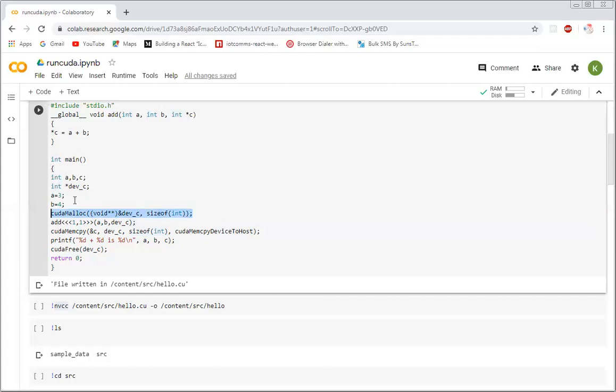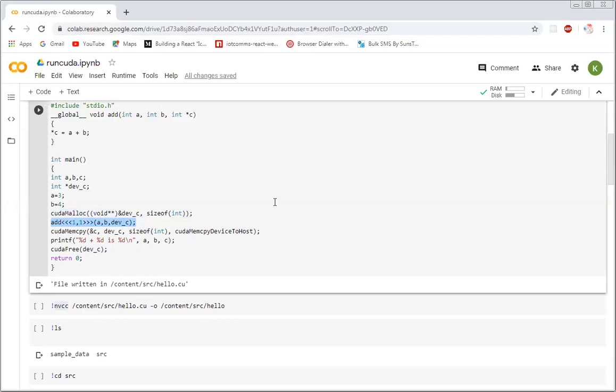So what you have done till now is you have created three variables. You have assigned some values in these two variables and you don't have any value in this third variable. You are associating this third variable with the memory on GPU. These two variables are already on CPU side. You didn't use malloc. You are using it like this one. No problem. For the third one, you have used cudaMalloc to allocate the memory on GPU side.